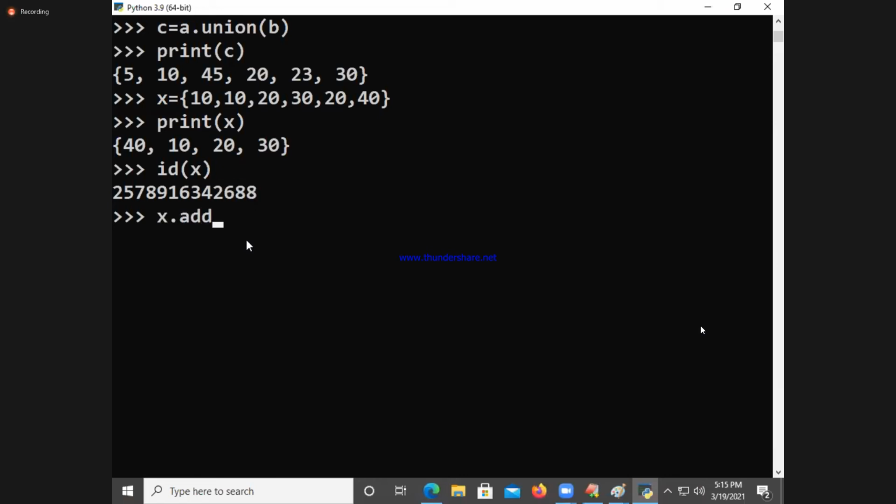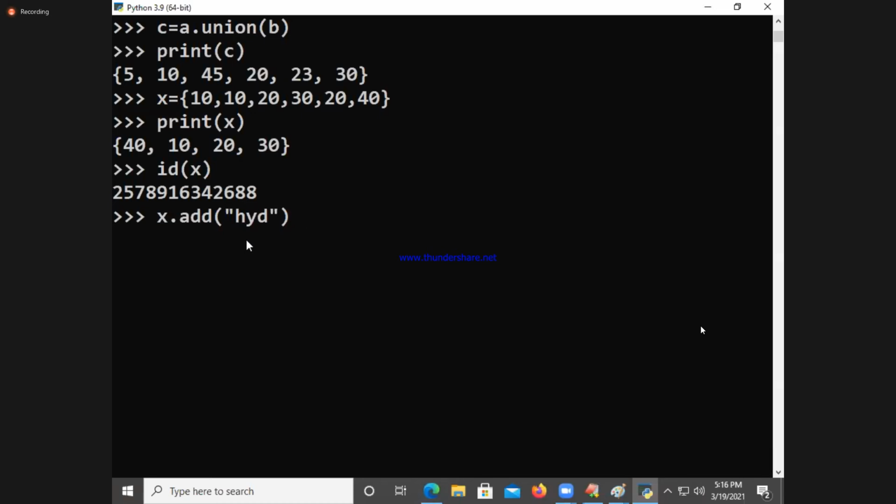X dot add. There is a function called add. What is the function? Add of HYD. It allows the same elements plus different elements also. But what is the nature? Unique elements. A list allows all types of elements: duplicates, unique, and it maintains insertion order. Here, any type of elements is also allowed, but the values are unique. But what is not maintained? Insertion order is not maintained. All elements will come, but insertion order is not maintained.